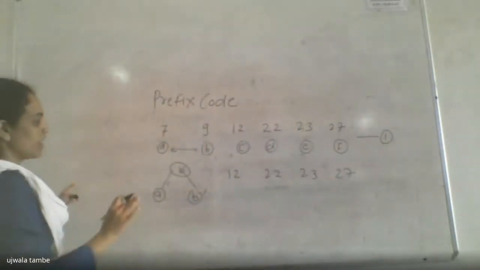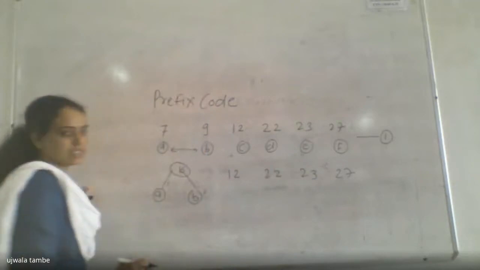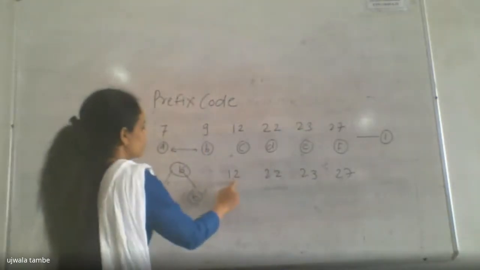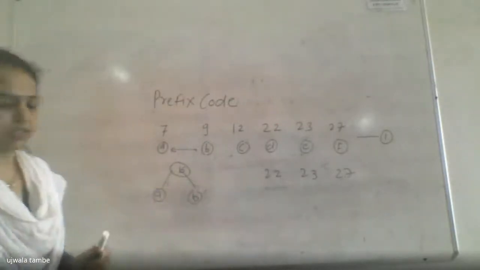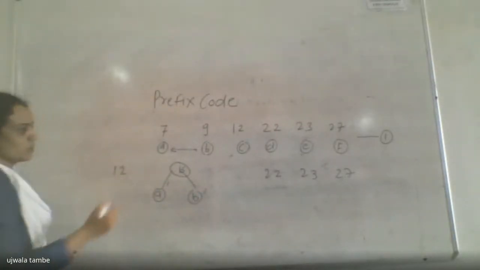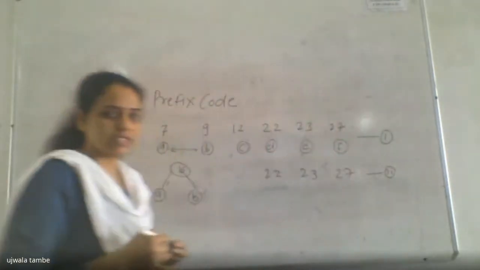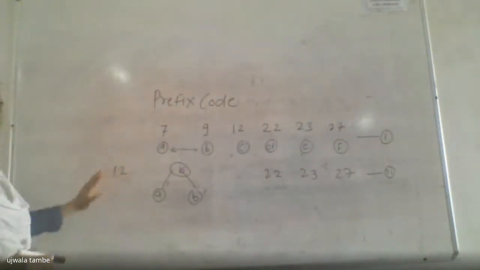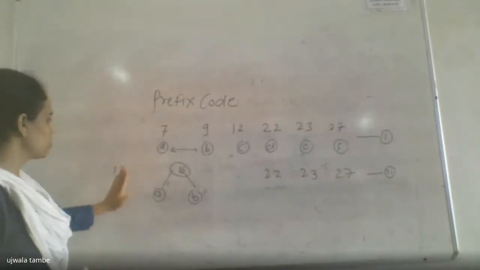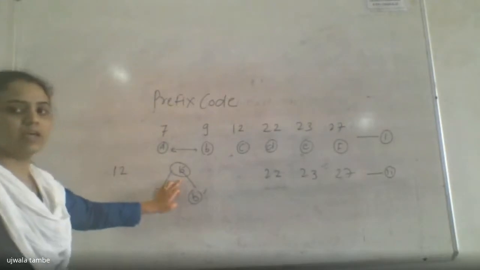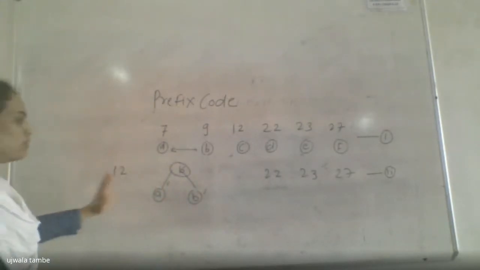Now we have to make the order ascending. 12 is smaller than 16, so shift 12 over here. This is our step 2. Is it fine? How to shift 12 over here? Because from the previous sequence, 12 is smaller than 16. That's why I am going to put 12 on the left side of 16.